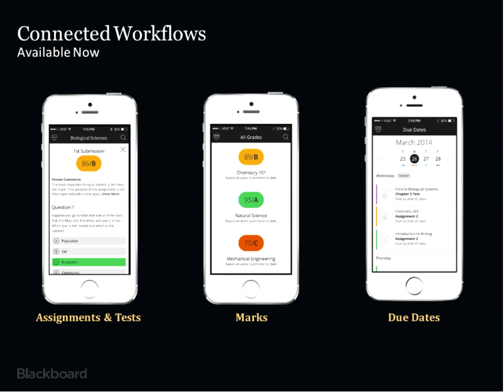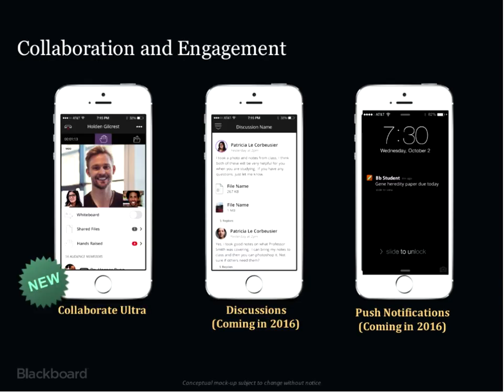Assignments and tests are also completely responsive where we've been able to do so. Here we have an example of a test that is just a standard Blackboard Learn test. It wasn't specifically designed to be mobile, but as long as the question types are supported by the app, it will appear in a completely native way. Students can also see their marks and grades, and due dates are placed onto a calendar that is simple to use within the app.